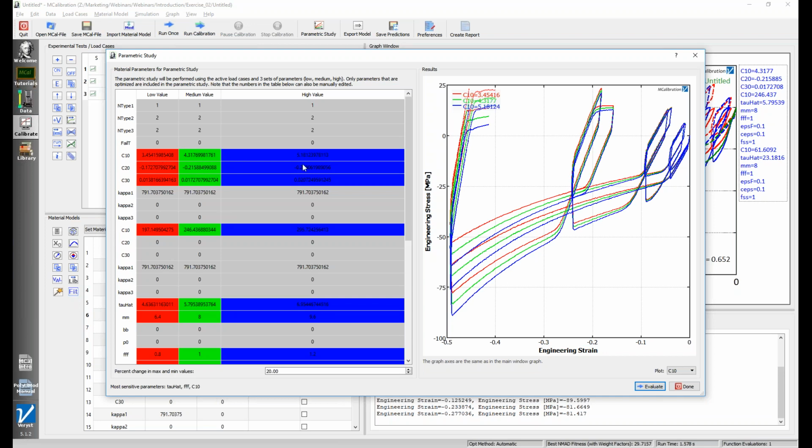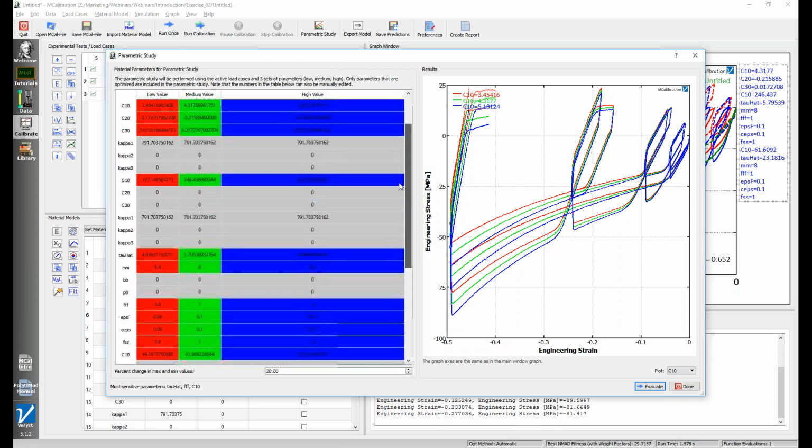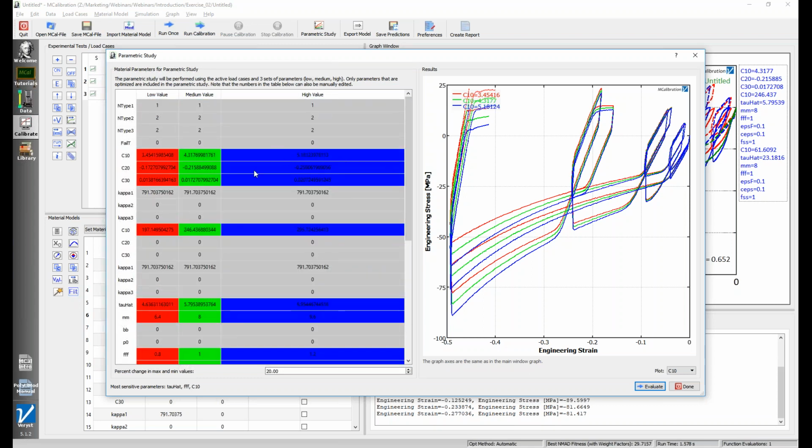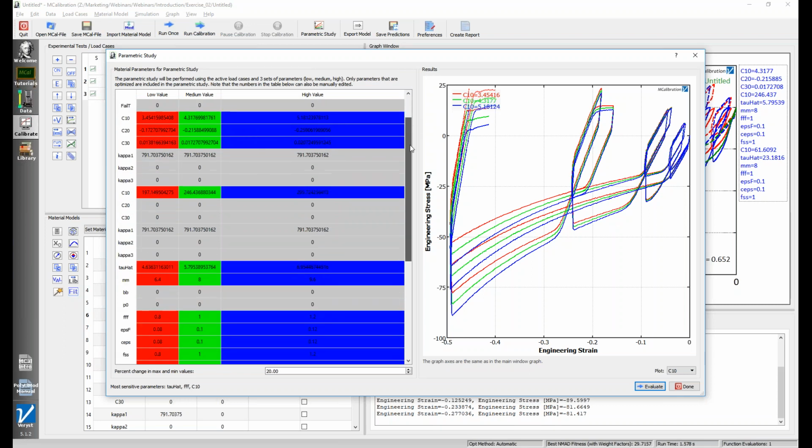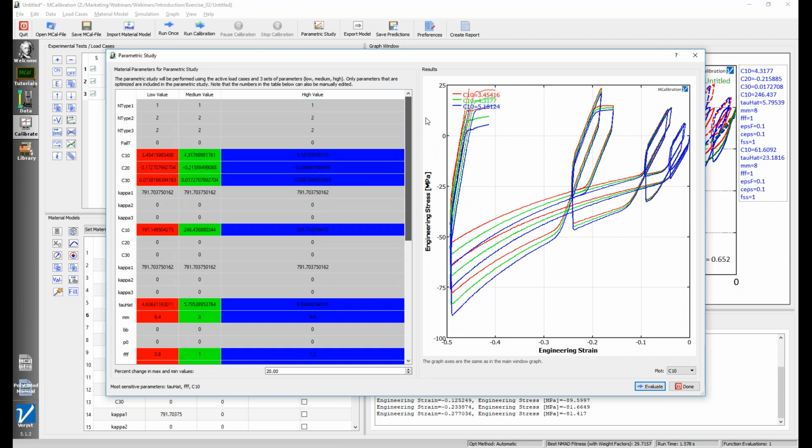And so they've been decreased or increased by 20%. And we've created a matrix, a little DOE, if you will, for what all these material parameters will do. So it's done running, and I can tell it because I've got all these red, green, and blue boxes. And now I'll come over here. And you see I have a plot. This can be a little confusing, but